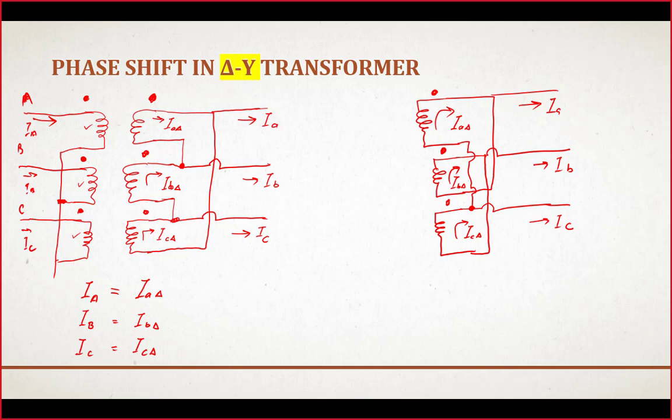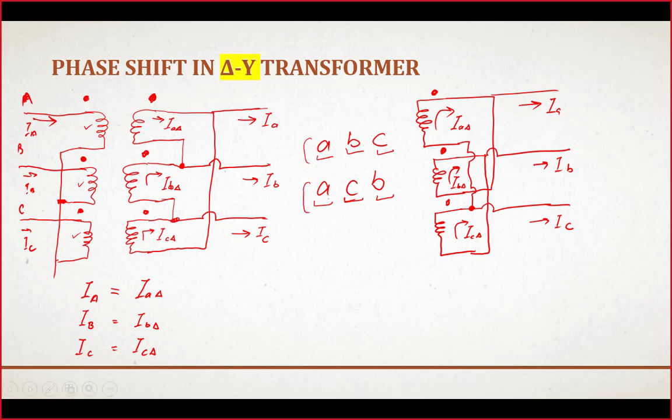If we assume that the phase sequence is ABC, there are only two possible phase sequences in three phase: the first one is ABC and the second possible phase sequence is ACB. So what is meant by the phase sequence? In this phase sequence, B will lag behind A, C will lag behind B. In the second phase sequence, the second phase will lead the first phase and the third phase will lead the second phase, and similarly the first phase will lead the third phase. So there are only two possible phase sequences.